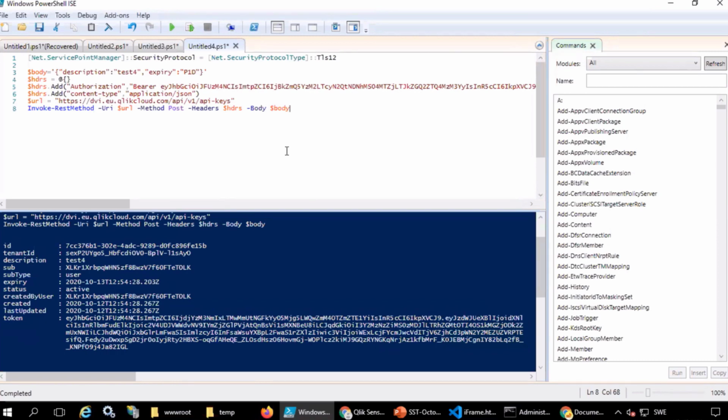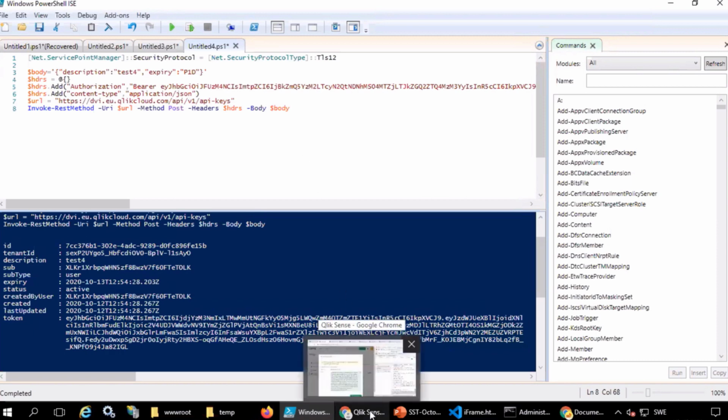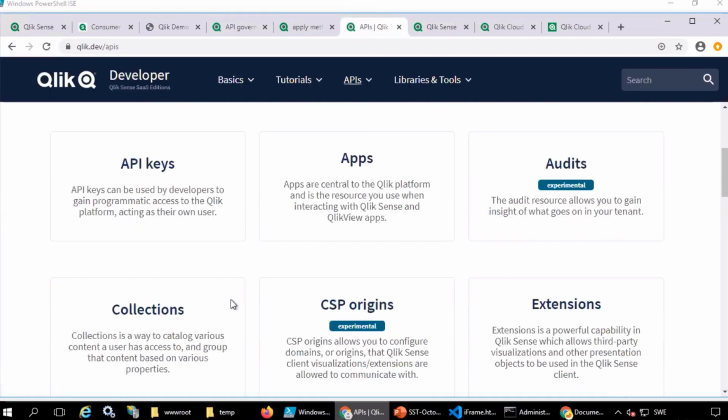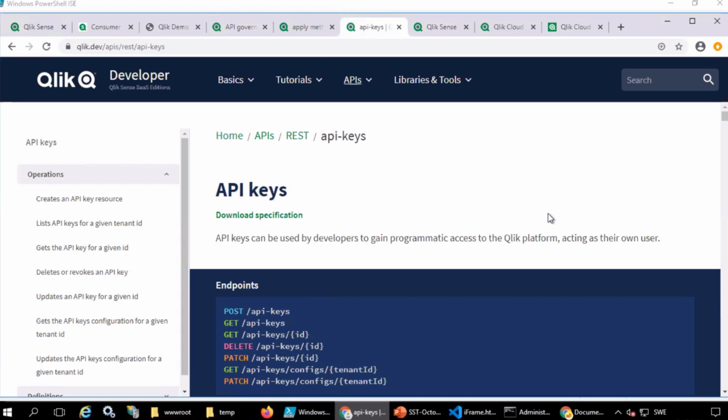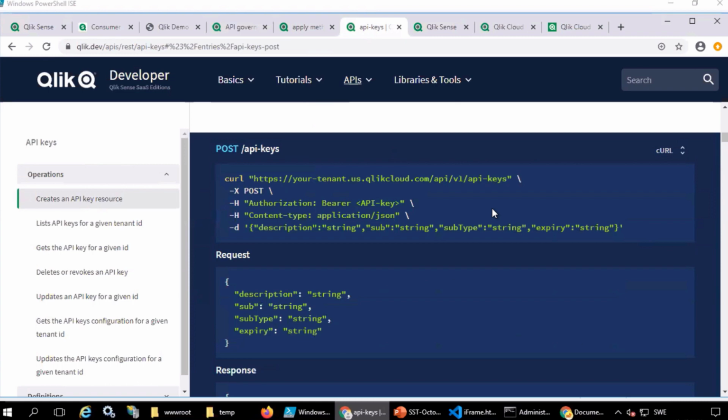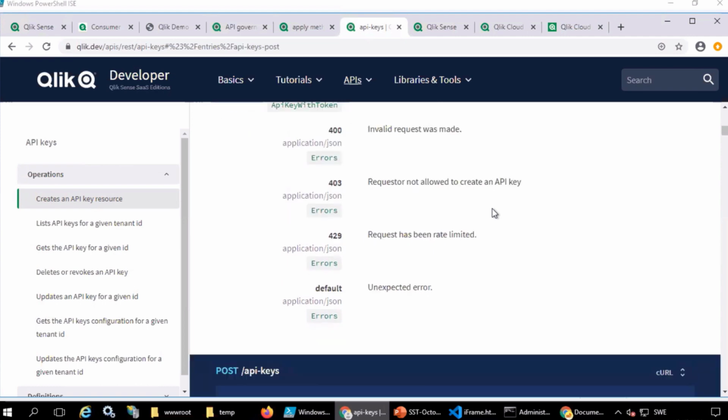So Damien, when working with API keys, what do you recommend? I like to use PowerShell to troubleshoot that because you can see exactly what body you are passing, which header you are passing, and you can, in this case, narrow down if there's a logic problem in your own code or if you're just passing the wrong arguments. And where did you get the code that we're looking at? This little sample was the reference of this API on Qlik Dev. If you go to APIs and go to API keys, then you have the create an API key resource with the documentation on how to do it.